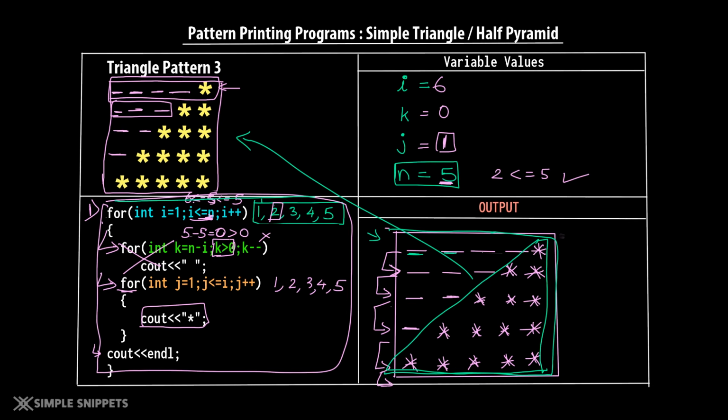In fact, even today I make mistakes with the first run. I usually get into an infinite loop or get some random pattern and I have to tweak these conditions. So it's a trial and error process, but once you get the hang of it, you'll get faster and better at it. So without wasting further time, let's see pattern 4.